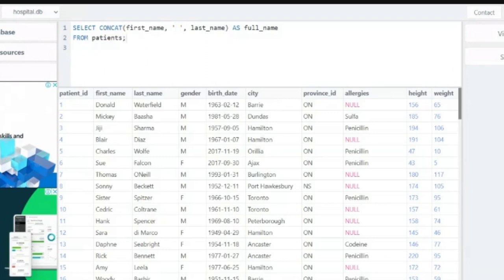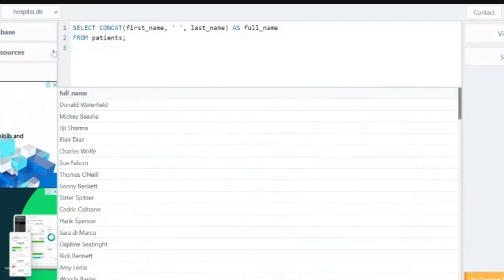So we're creating a new column where the information is concatenated. In full name, you have the first name and the last name joined together. If I remove this space and then click run, you would notice that the first name and last name are joined together as if it's one word, and we don't want that to happen.